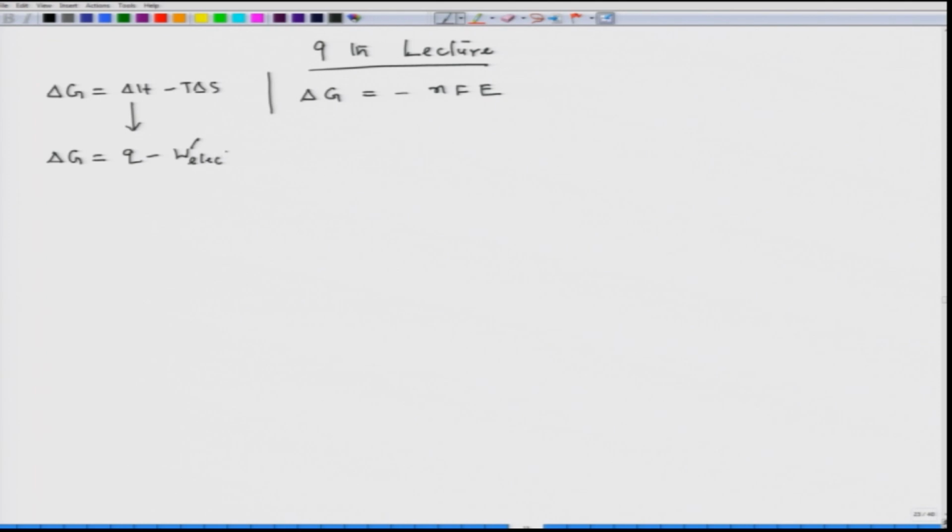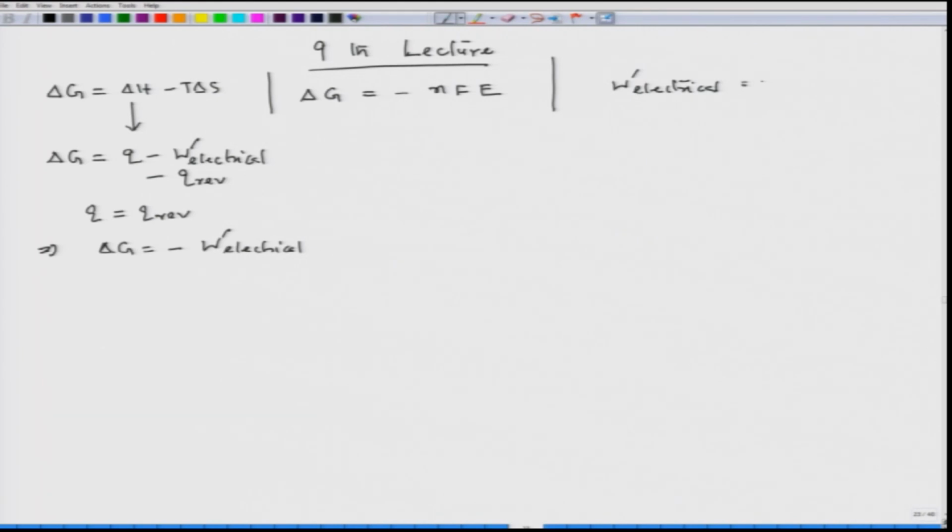electrical plus minus Q reversible. This is the relation we obtain, and then finally we considered the reversible situation. In the reversible situation, Q equal to Q reversible. So, we got delta G equal to minus W prime electrical. Whereas, on the other side, we have tried to see the work done, which is W prime electrical,